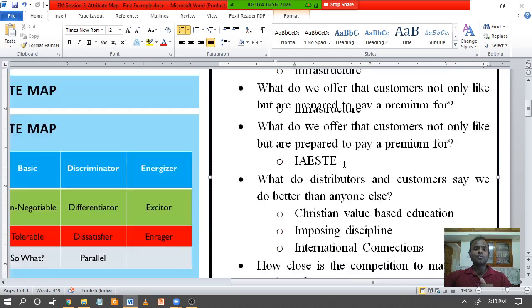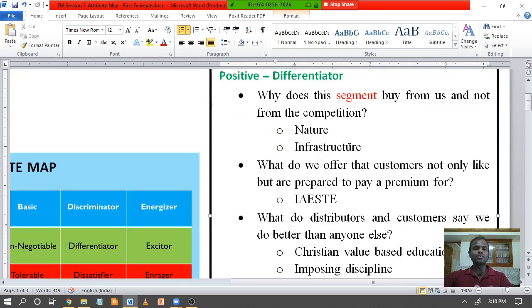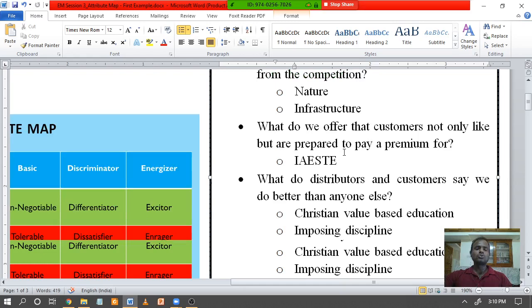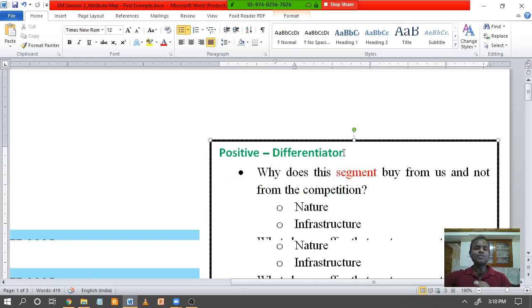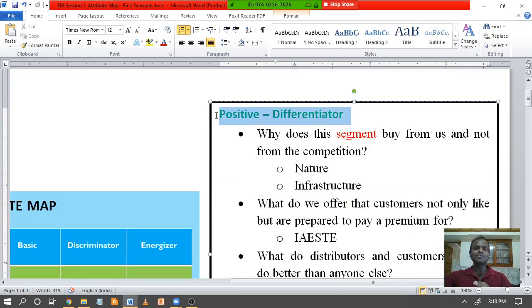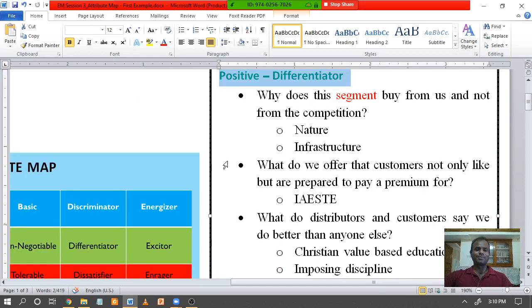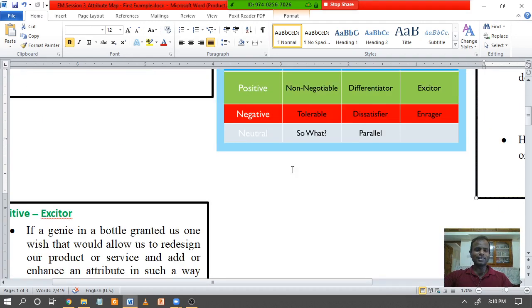But if you look at a holistic approach, the positive differentiator is not keeping the student in mind first with respect to a university. It is actually keeping the customer, the parents, in mind first. So find out positive differentiators, especially in the service industry, not from the perspective of the consumer alone, but also from the perspective of your customer. This is a very important principle. Any doubt till here?